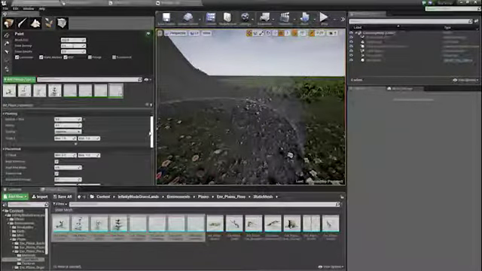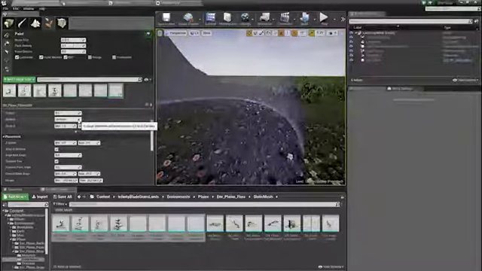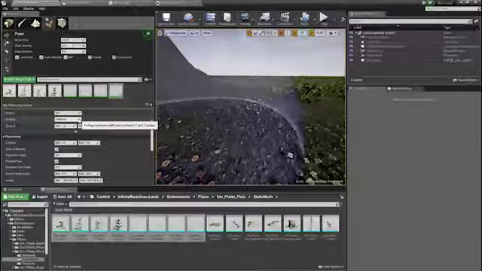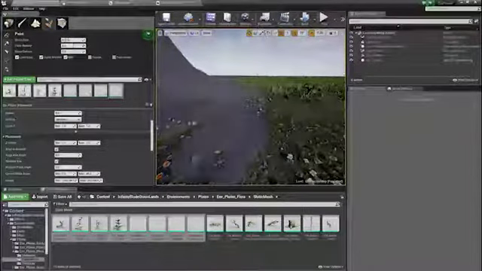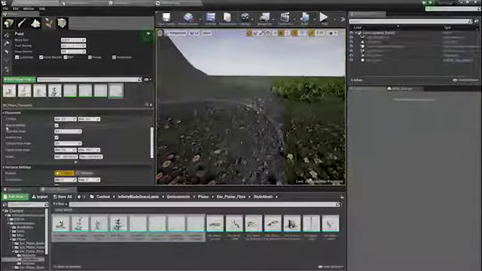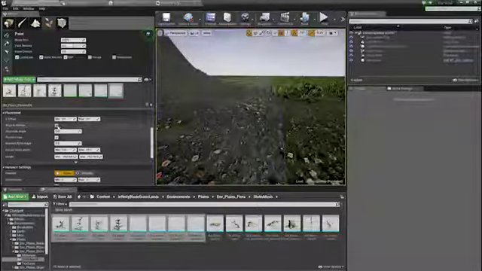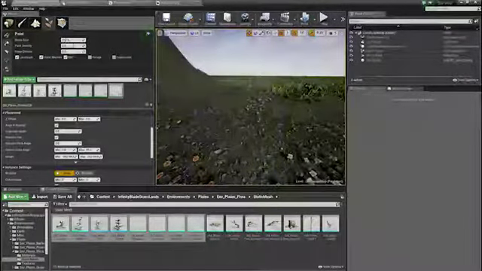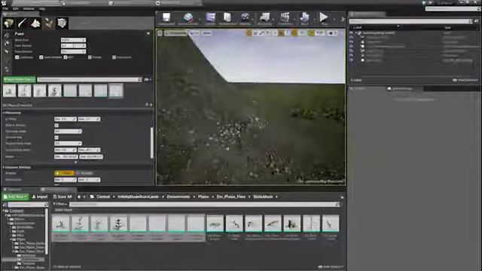And that is that if I go to here, you can see that we've got random scaling, just as we did before. So I can set this to have any scale that we want to have, so that some flowers are taller than others, for instance. I can also set this up so that align to normal is on or off, which allows us to get the flowers to either automatically place themselves along the ground shape. See, as I paint